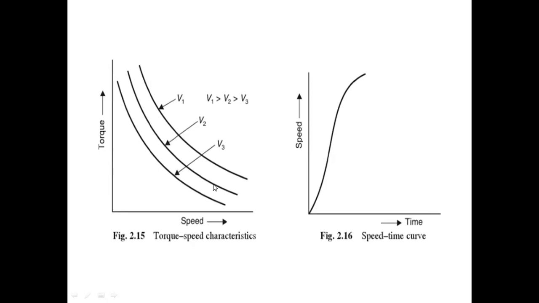This is also having the best applications. So that's why the torque speed characteristics of a switch reluctance motor are the same as that of the DC series motor. If you consider the speed time curve, the speed value increases the same as that of the DC series motor. Here the speed increases up to a certain time period, after that it drops. That is the speed time curve and also the torque speed characteristics.